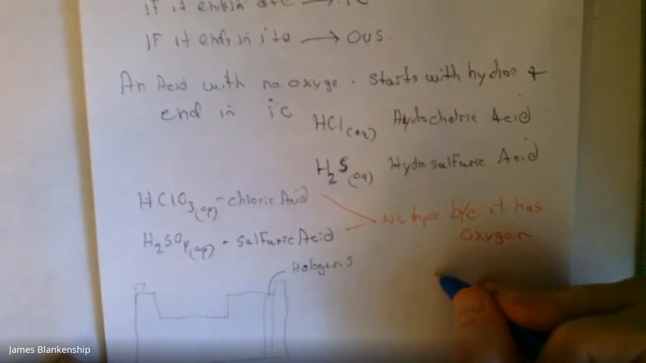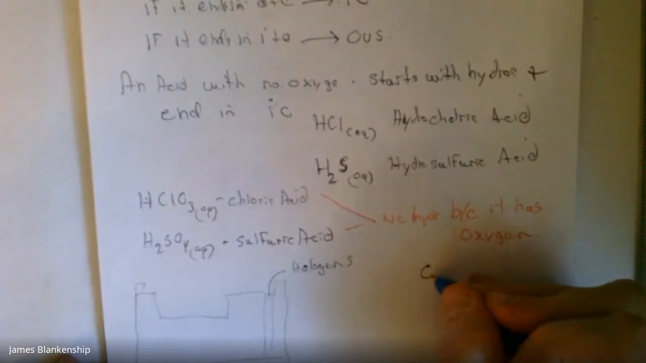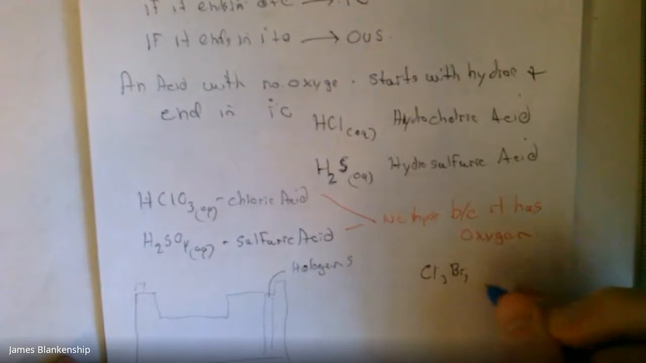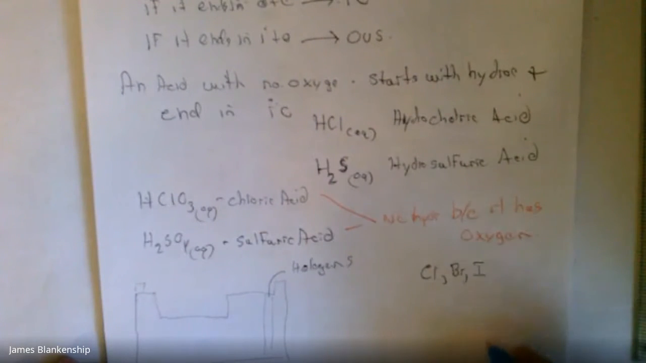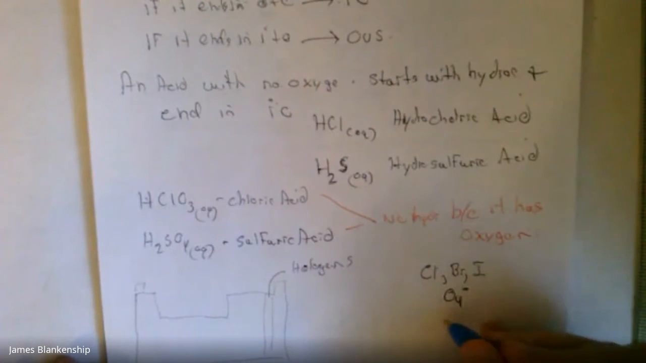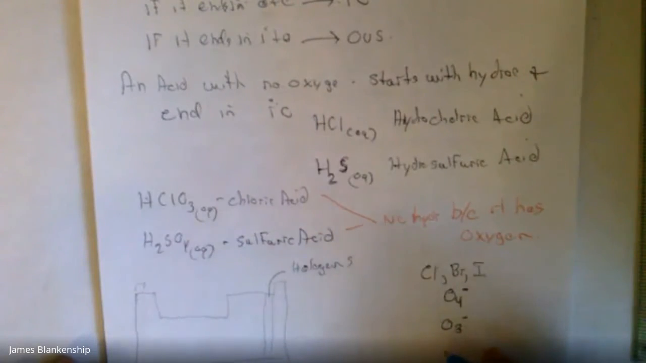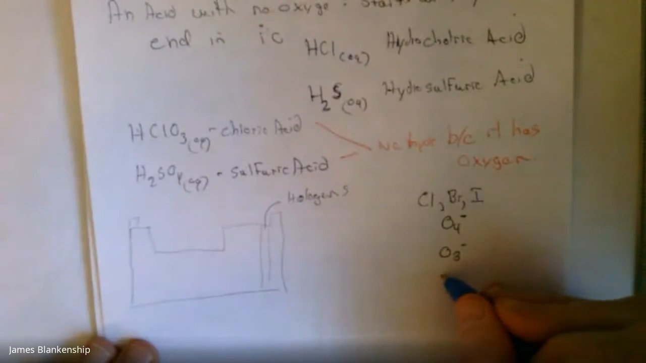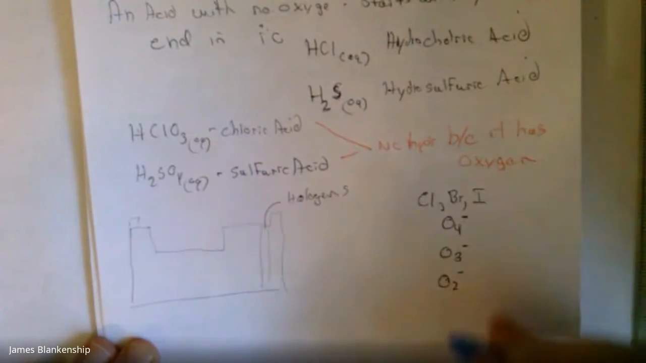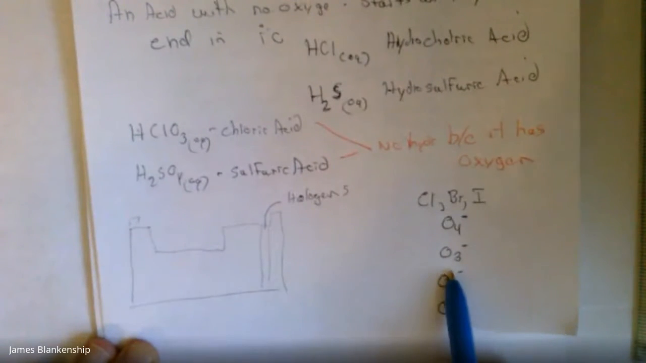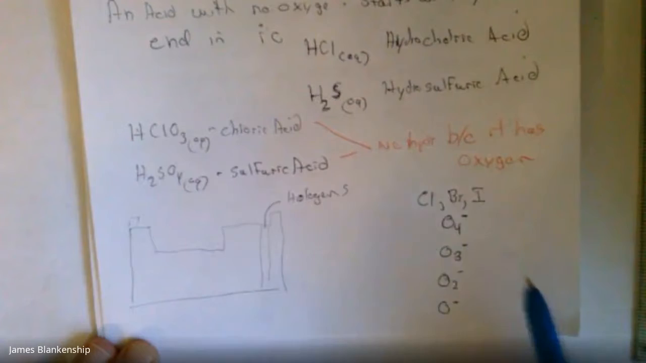Now, the three halogens that you're most going to be concerned about are going to be Cl, Br, and then I. They can combine with 4 oxygens to take a -1 charge. They can combine with 3 oxygens to take a -1 charge. Let me move this up. They can combine with 2 oxygens to make a -1 charge, or 1 oxygen to make a -1 charge. So if we were to try and name them,